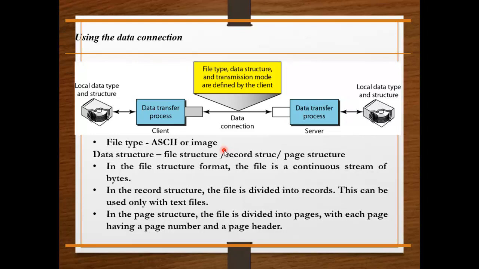If you see, when you download a song, for example, or a movie of 3 hours, if it is a single continuous stream of bytes and the download fails in between, then you have to download the entire movie again. This is file structure. Whereas record structure means, sometimes on some websites, the movie will be part 1, part 2, part 3. This is a record. So part by part you can download. So if you download 3 parts at a time, sometimes part 1 and part 2 will be successful and part 3 may be unsuccessful. Then you have to download only that particular record again, not the entire one.